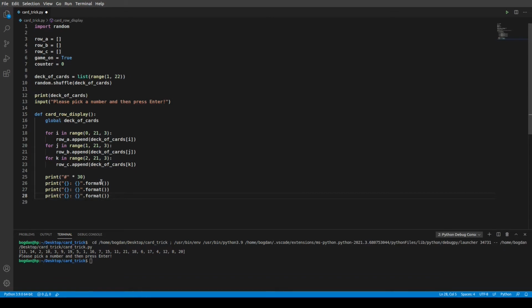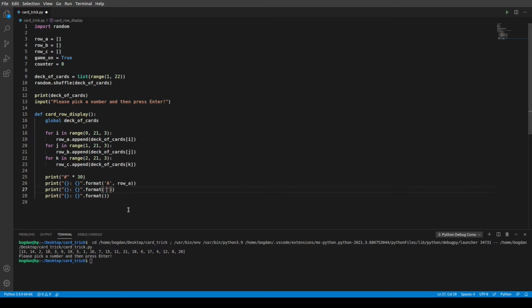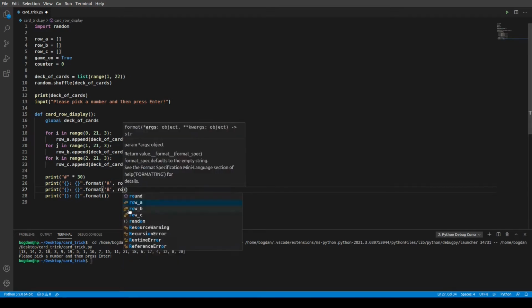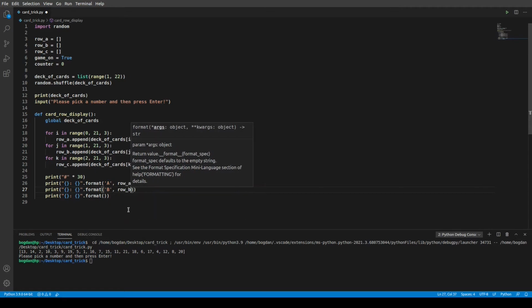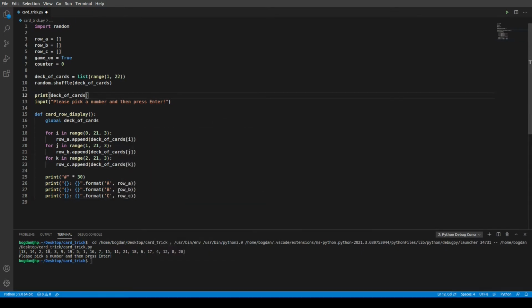Okay, and here we have A, and then row A, and then here we have B, and row B, and C, and row C. So what the format method is doing here, it's just placing in the first, we can also, for